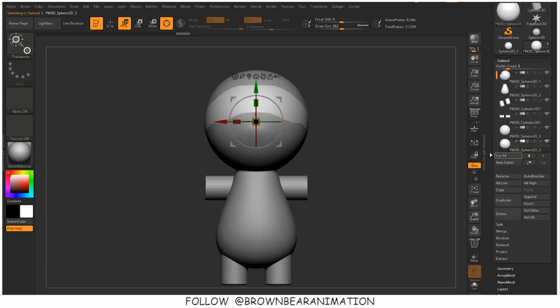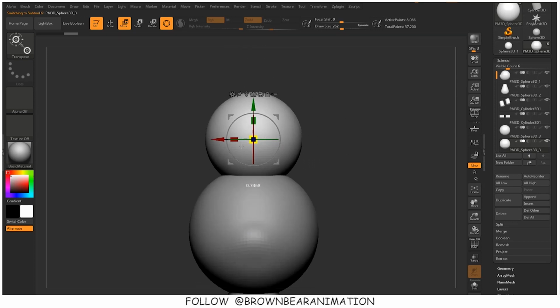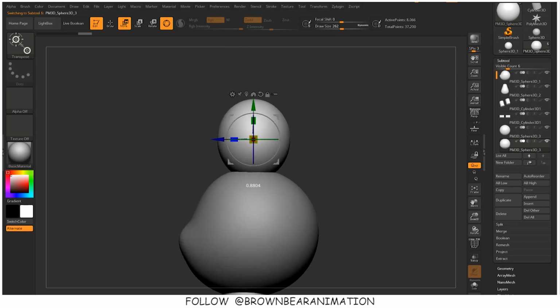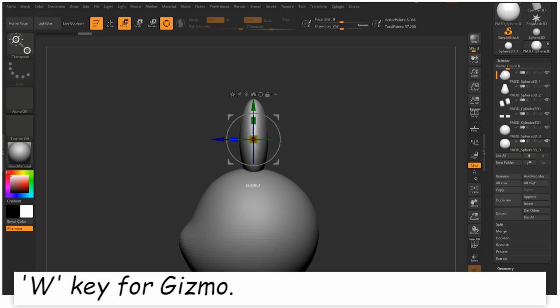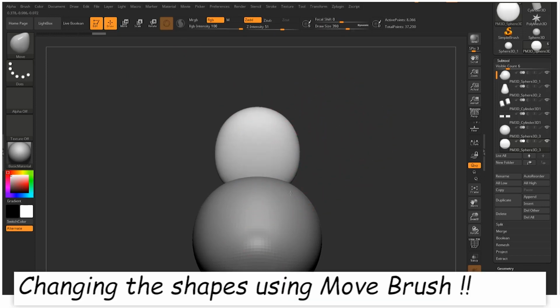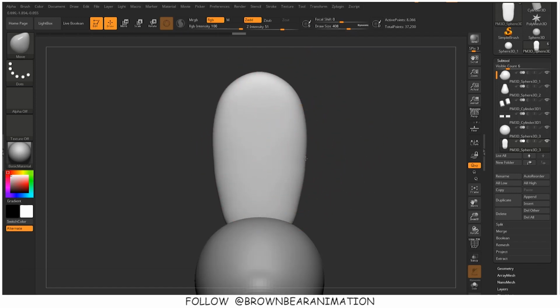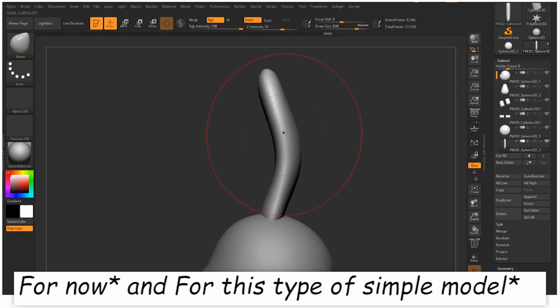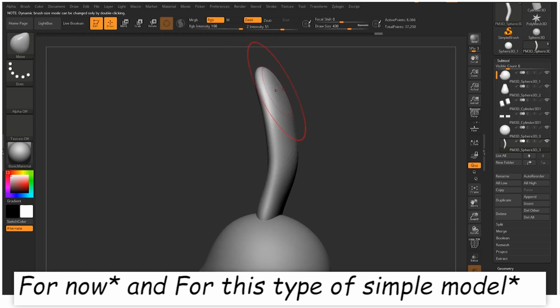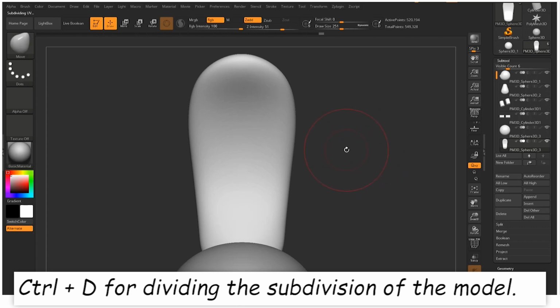I have appended a sphere for the ears. As you all know, bunny ears are long, and there are many ways by which you can create a certain shape. I prefer to use the simplest. I think it will be the longest process, but it's very easy to understand. Just select any primitive and start sculpting. There is no need to go into the deformers or the various tricks which you can use for creating your models in ZBrush.